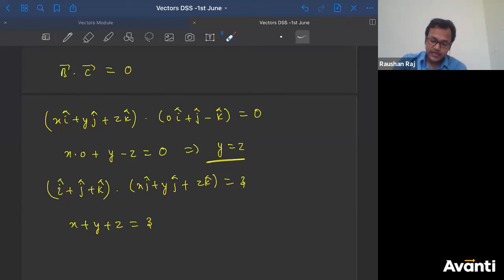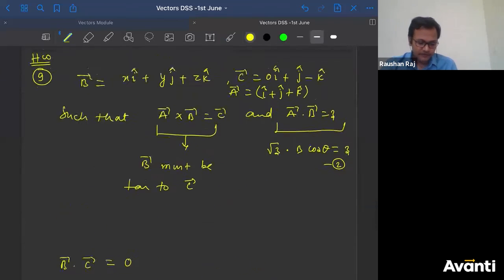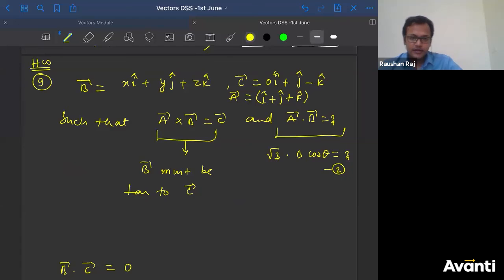Now there are 3 unknowns. Guys, this is very, very important. How many unknowns are there? 1, 2 and 3. How many equations do we have? Only 2. To solve this we have only 2 equations, which means I need one more equation. From where will that come? Tell me from where we should get that relation. Come on, tell me quickly.